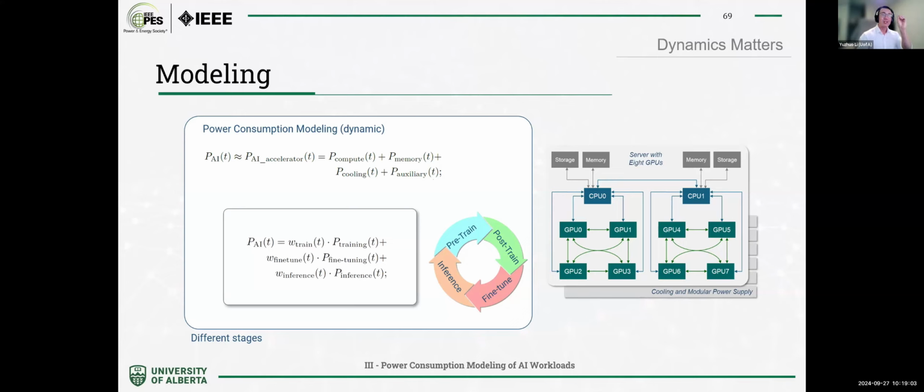So those interruptions mean the power consumption will drop immediately, probably to idle. So this introduces the power transient eventually. This term will be quite complicated. This is why we want to analyze different models, different architectures, and even different hardware, right? So this will all contribute to the calculation of the model.